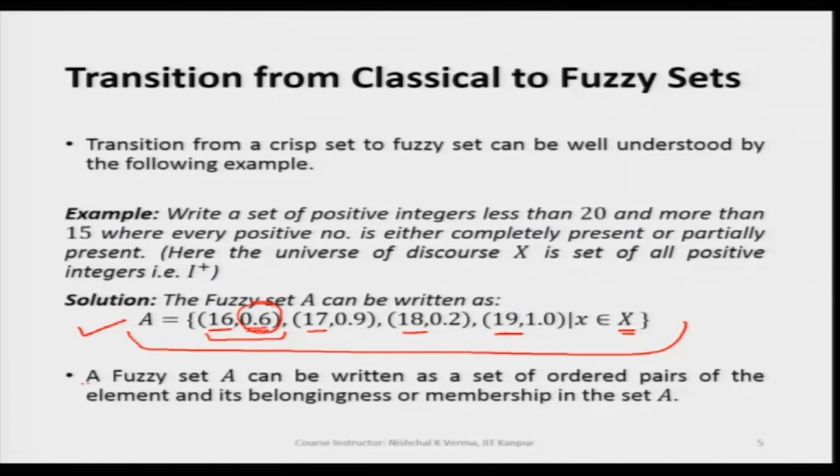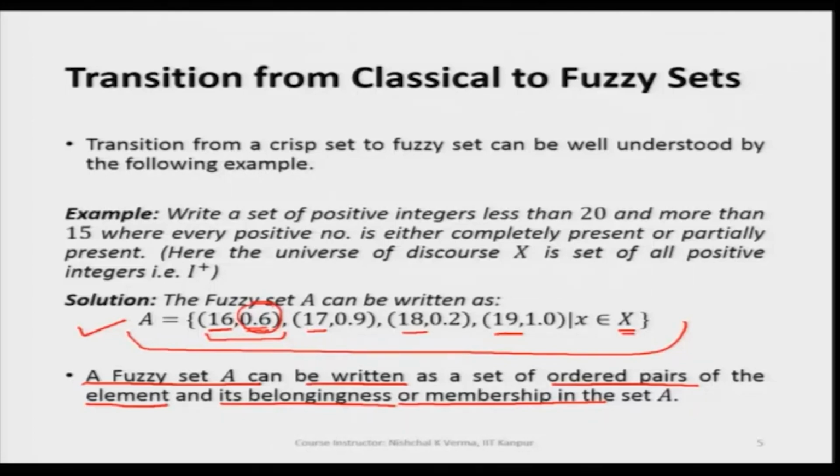A fuzzy set A can be written as a set of ordered pairs of the element and its belongingness, and this belongingness is also called membership. So, this way a fuzzy set can be written, and this is a transition from the classical set. In classical set we saw that 16 was 100%, 17 was 100%, 18 was 100%, 19 was 100%. So, that is why there was no need to include any membership value along with these elements. It was not needed, but here